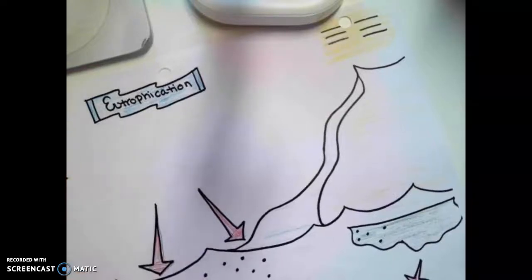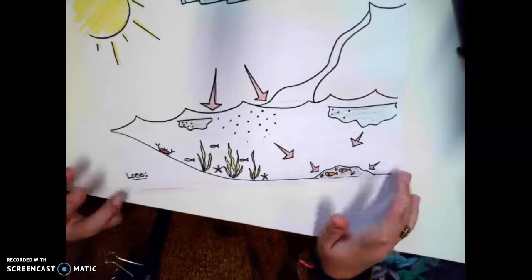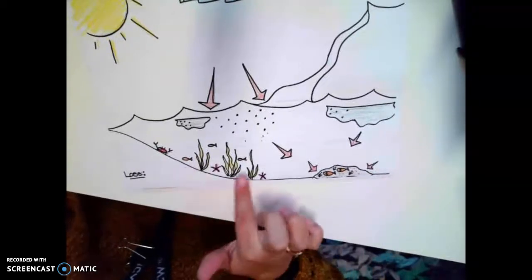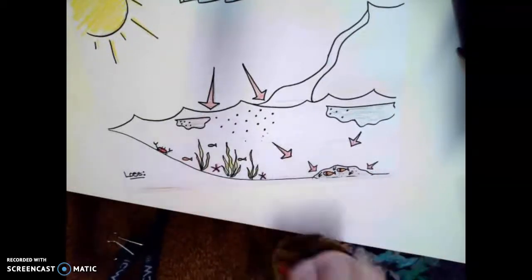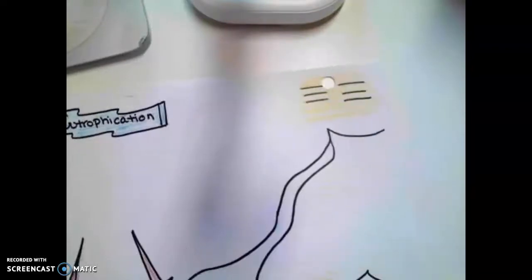All right, welcome to your notes on eutrophication. These notes look like this. Okay, yours aren't colored. They probably just have the animals in there along with the arrows. But we're going to get started right up here, where I'm actually going to draw in some plants,